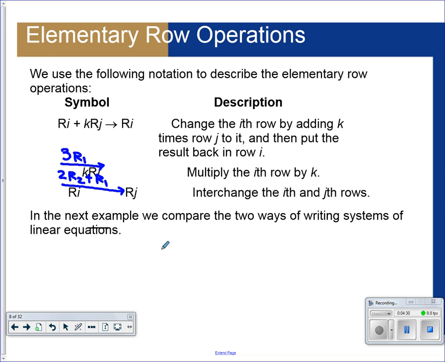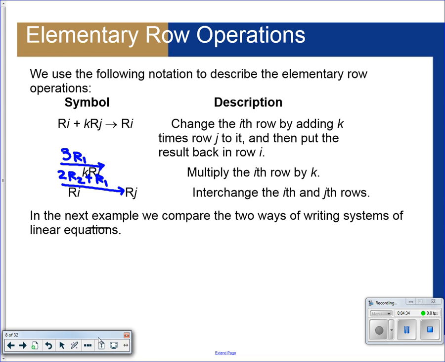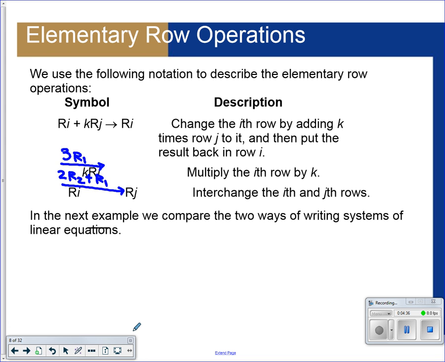Alright, so we're going to use the following notation to describe the elementary row operations. And there's going to be 2 different ways of writing your systems of linear equations. I'm just going to give you some examples on this slide, and you guys can just write them underneath. Okay, so let's say you wanted to multiply row 1 by